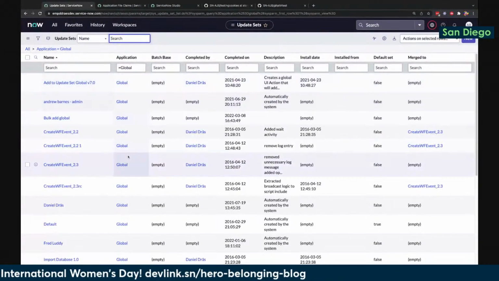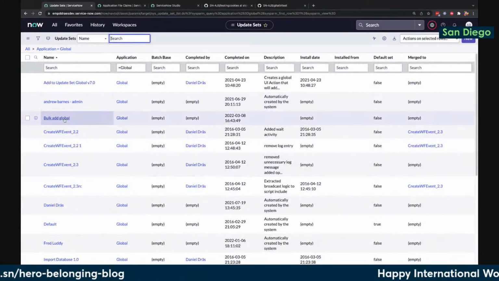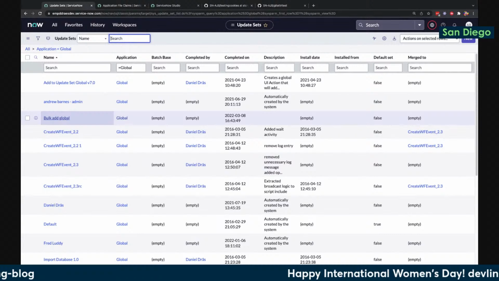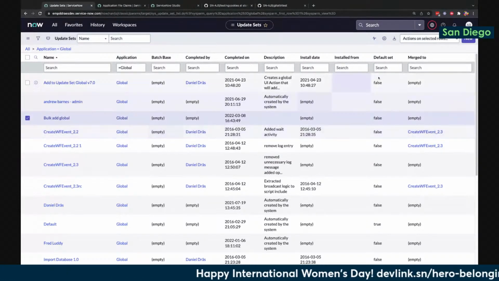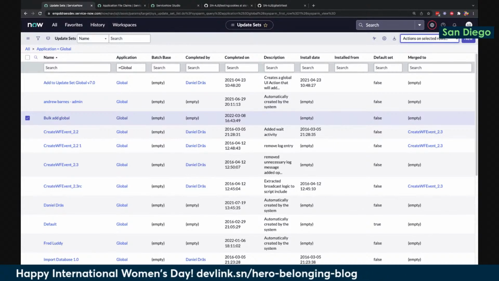And I'm sure I put in some today. I don't remember which ones. Bulk Act Global. That sounds like the thing I was looking for. That sounds right. So if I go up here, I can see in my UI action picker that I can